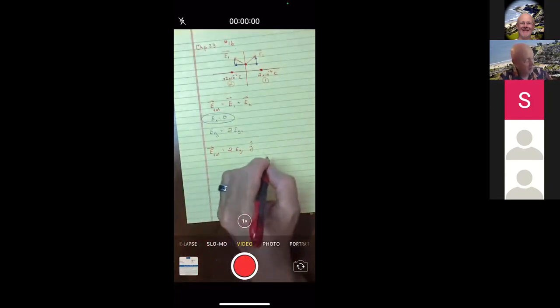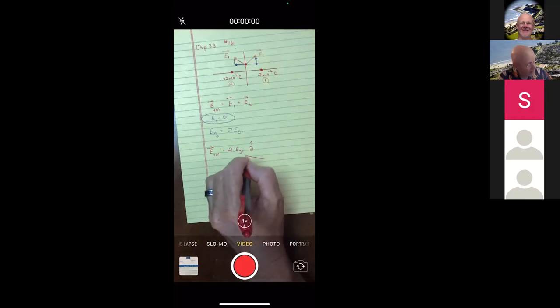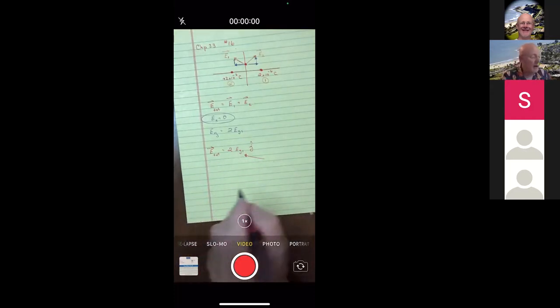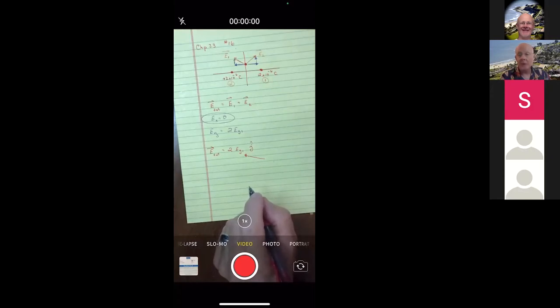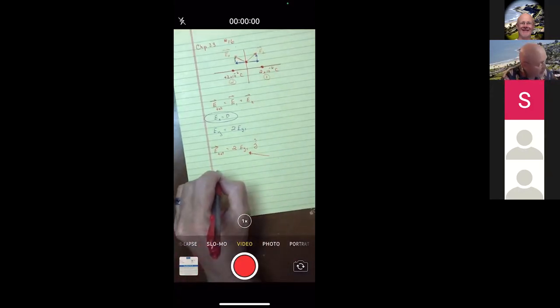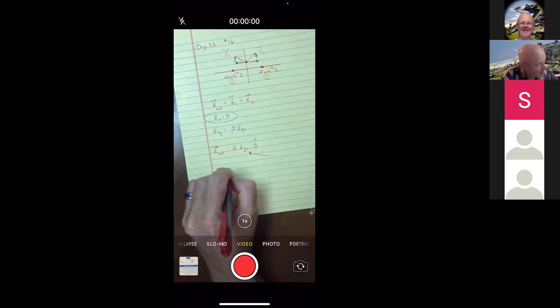So this boils down to finding the Y component of number one. All right, so let me do that. The Y component of number one,